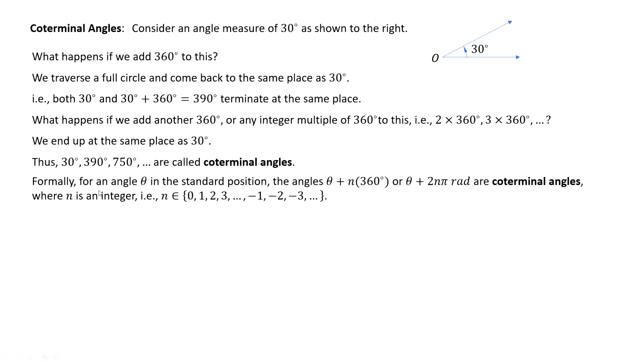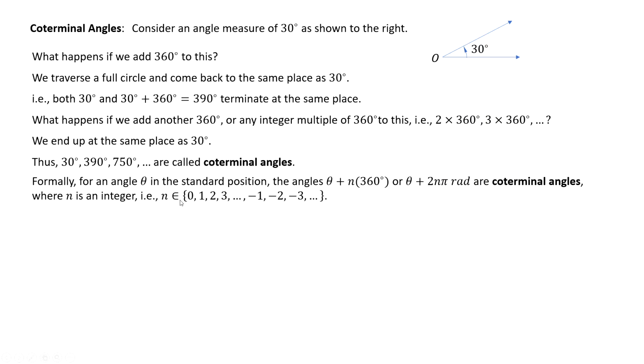Formally, we need to define this for an angle theta in standard position. The angles theta plus n times 360 degrees, or instead of 360 degrees, we'll say 2 pi radians, so that makes this n times 2 pi, or 2n pi. Theta plus 2n pi radians are coterminal angles. What is n? n is an integer, which means what? That is, n is,